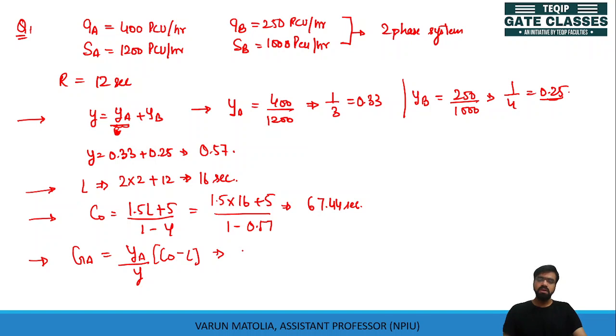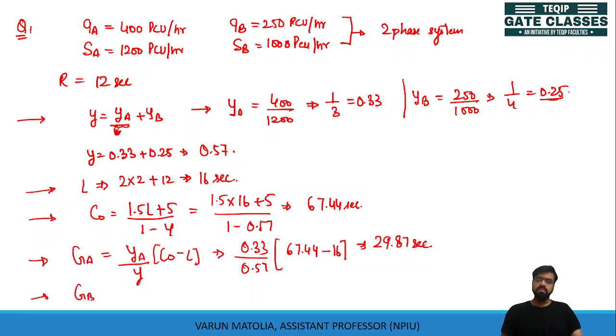The value is YA is 0.33. This is out of 0.57. This is the total cycle time minus the lost time, which is 16. The value comes out to be 29.87 seconds,